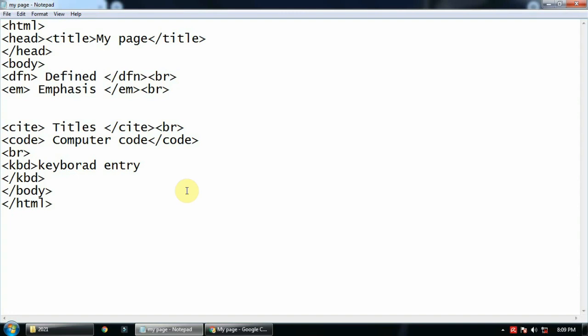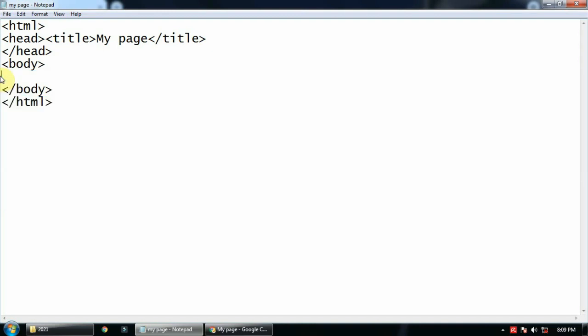Special characters in page number 104 you will see for less than, greater than and ampersand. Then combining tags, I told you how to combine different types of tags, that is underline, then bold, then italic. So suppose you have started with U, then you have started B, and then you have started I, then you will write your text here.